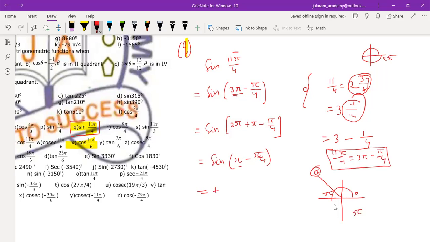And what about pi? We know that pi, 2 pi, 3 pi, 4 pi, all are non-changers. So we can write sine to sine, as this is a non-changer. So it is sine pi by 4 exactly, which is equal to 1 by root 2. So the value of sine 11 pi by 4 is 1 by root 2. Understood everyone?